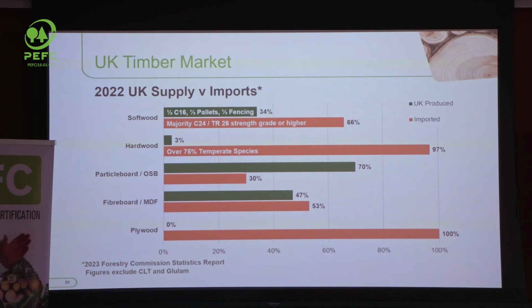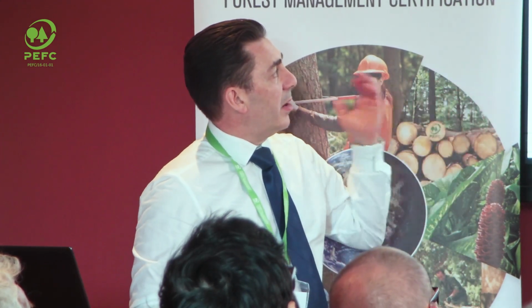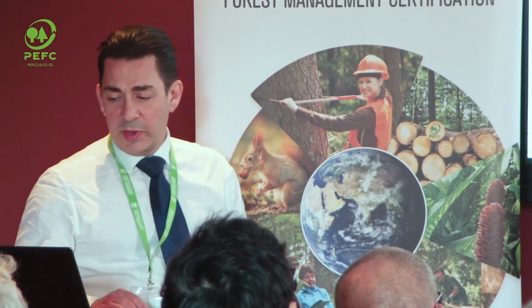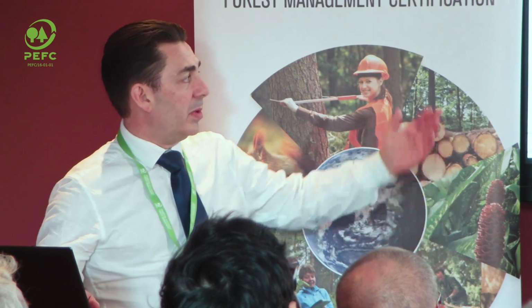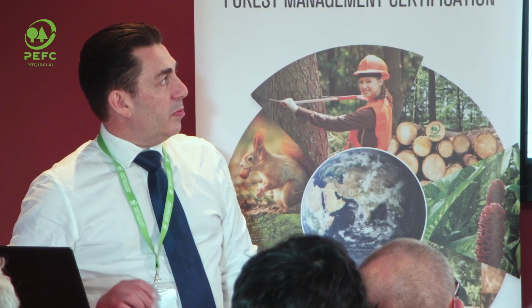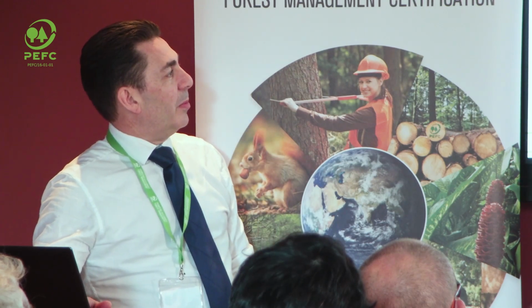Hardwood boards, OSBs, MDF, better story. Co-products, a lot of that coming from the co-product sawmilling side. 70% of the OSB hardwood board is UK sourced, and around half of the MDF. So not such a bad story there. And obviously we don't make any plywood in the UK at the moment, so all of that plywood is from outside the UK. So there's probably a little bit of an opportunity there if anyone wants to start a plywood